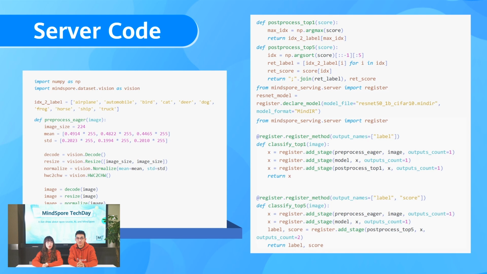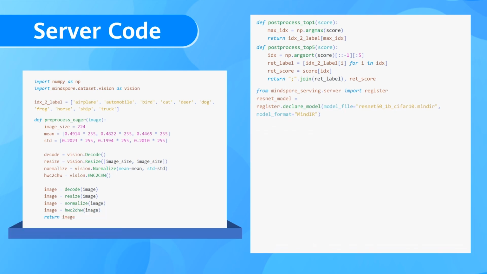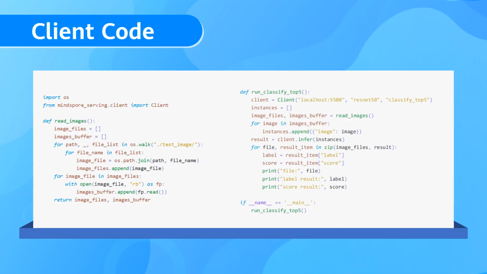It seems like we still need to deploy a client to interact with the server, right? Indeed, Sophia. The client code is also quite straightforward. Here's an example of a gRPC-based client. I see. The client's main tasks are sending data to the server and displaying the return data from the classified top 5 method. Precisely. You've now gained a good understanding of MindSpore architecture and some essential tools it provides.